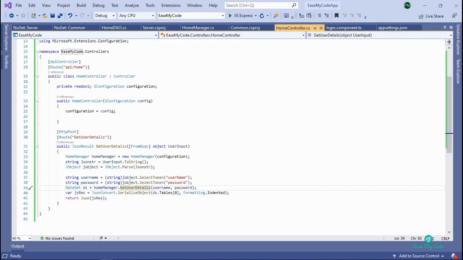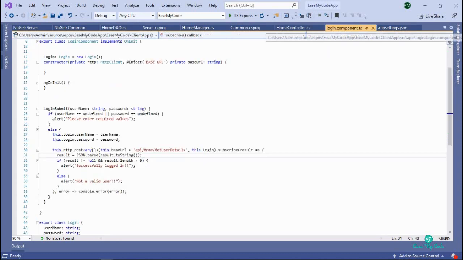Here we are returning the JSON object. We are converting the data set into a JSON object. As you can see, the return type is JsonResult, and we are passing the JSON object back to the Angular method. As soon as this is completed, it goes back to the login.component.ts, and the control comes over here.